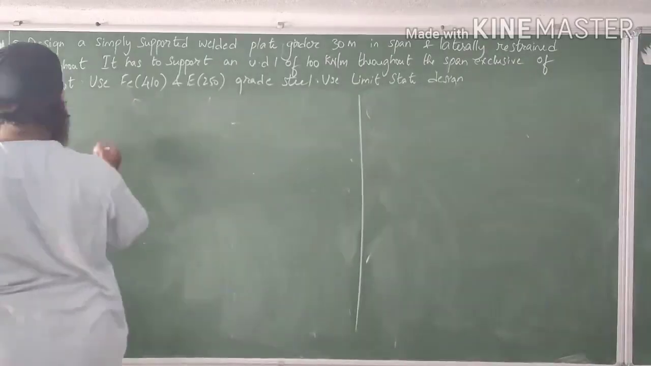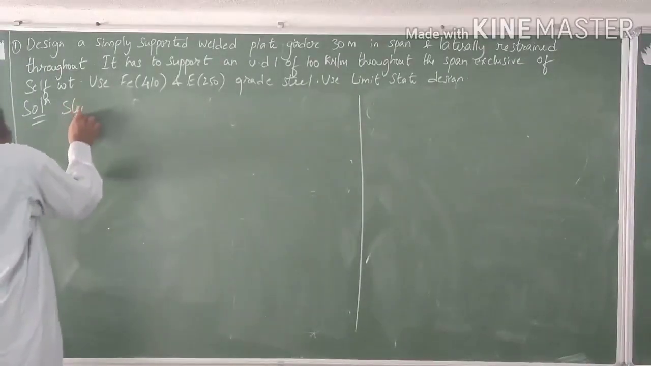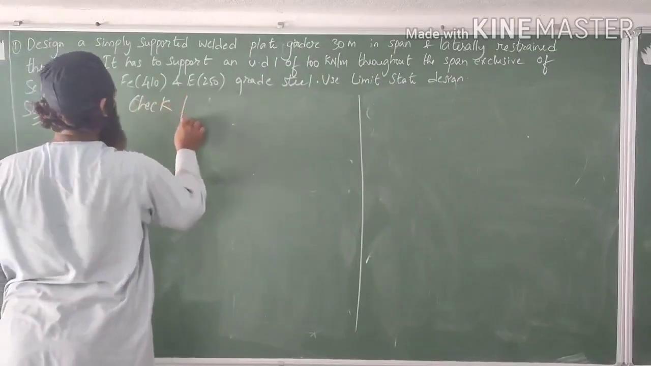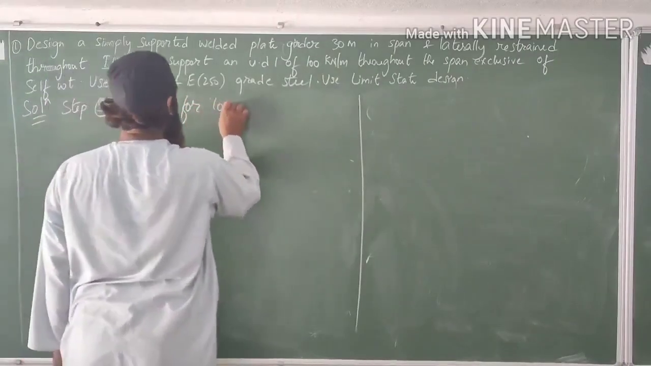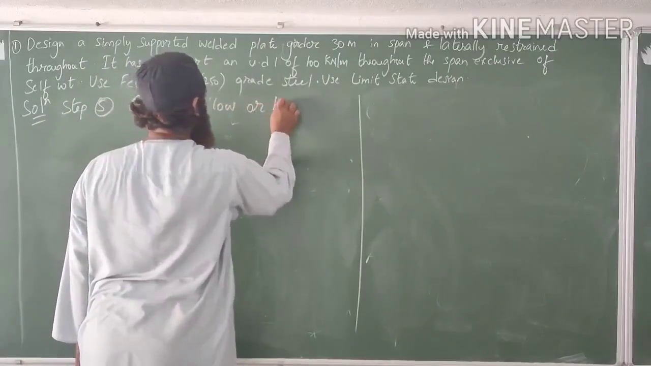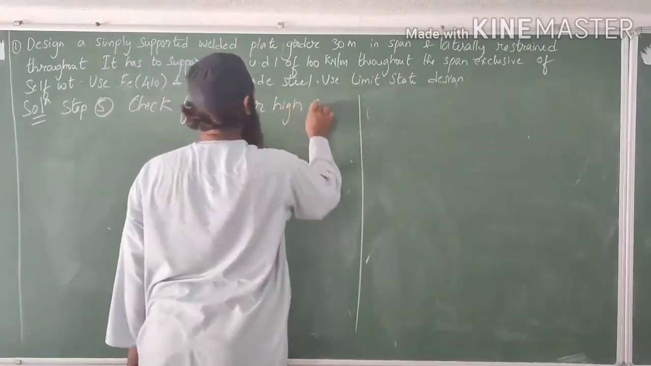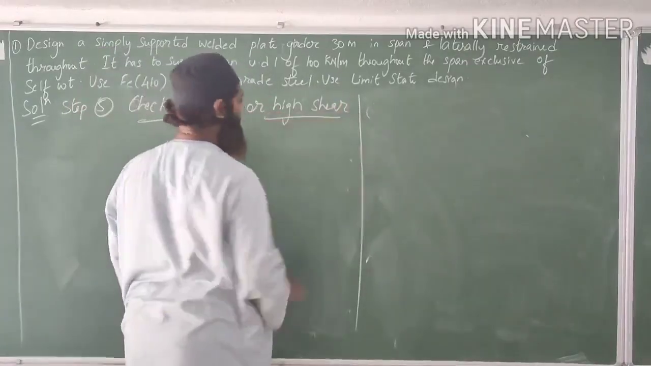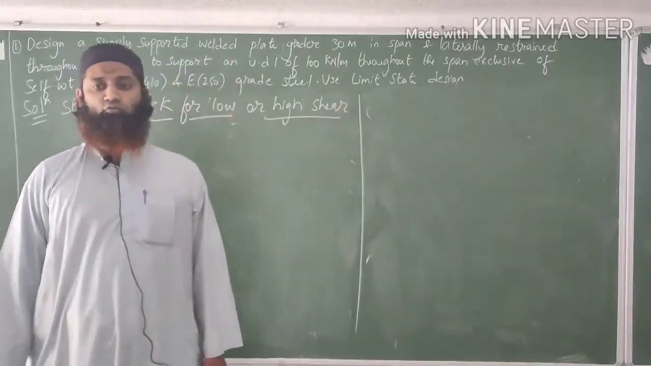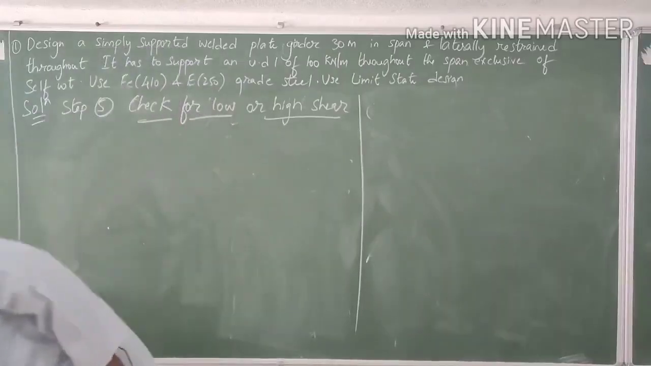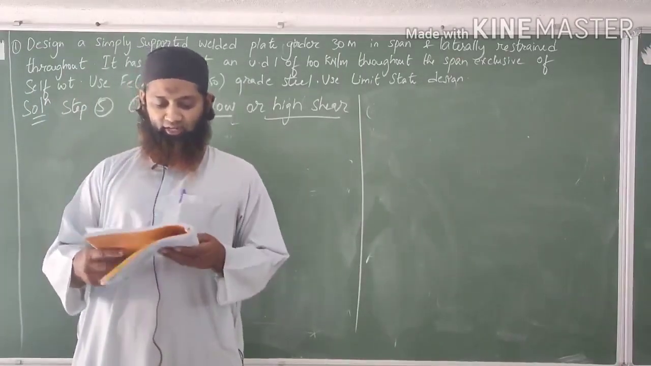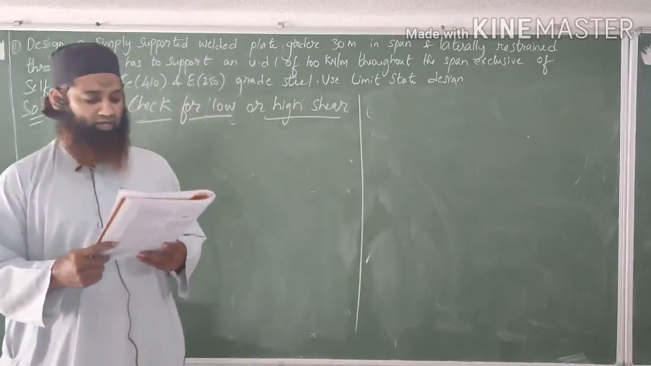This is step 5. We'll have to check for low or high shear. We'll have to see whether it is safe in shear or not. For this we need a code book. On page 53, a clause has been given. You can see the clause number